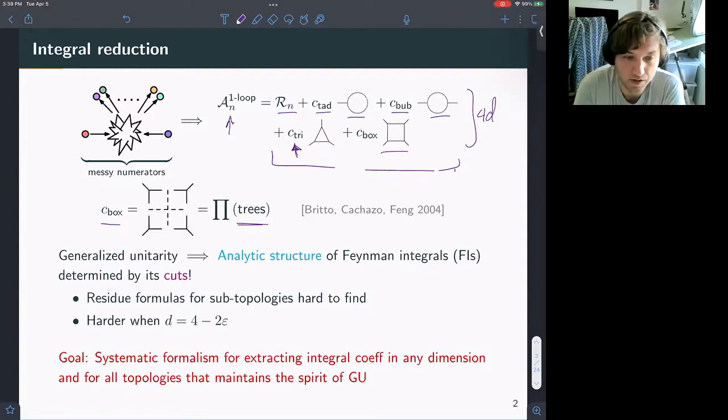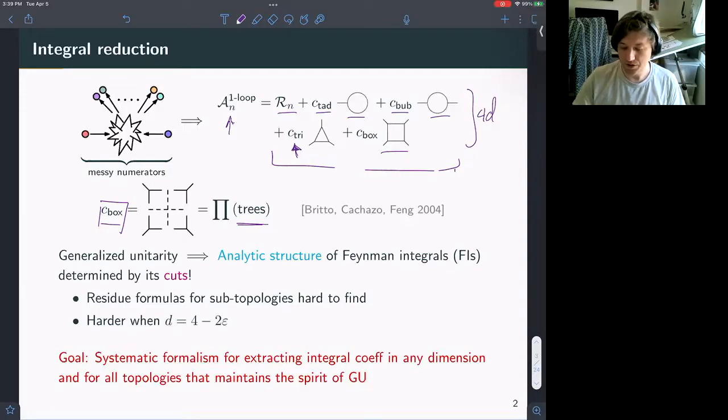Generalized unitarity also highlights that the analytic structure of Feynman integrals is determined by its cuts. And the challenge in this procedure is that this box coefficient was really easy. It was just a residue on each one of these propagators. But to go into